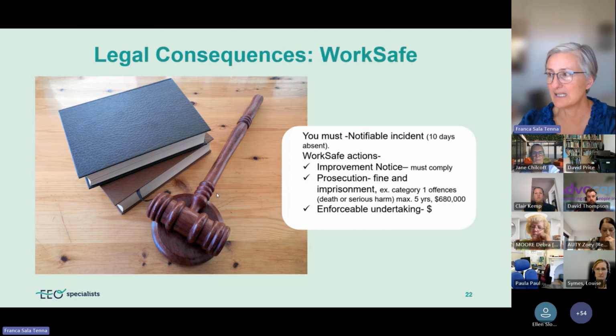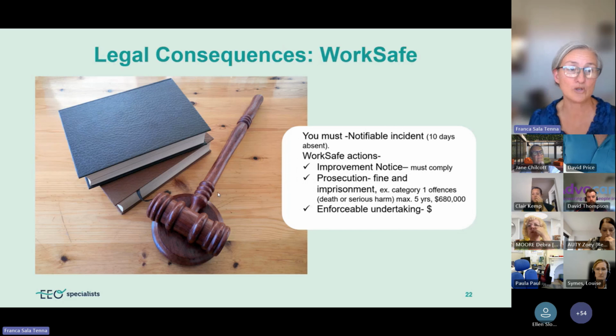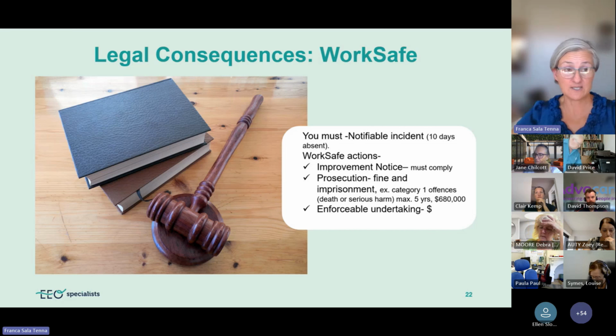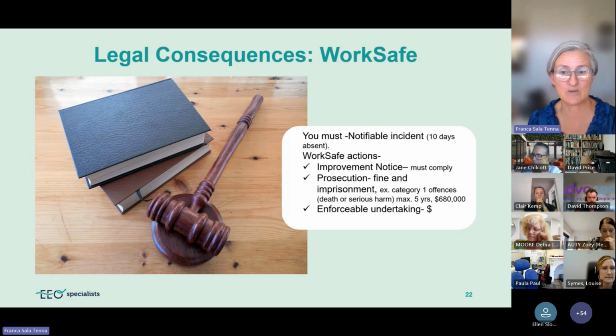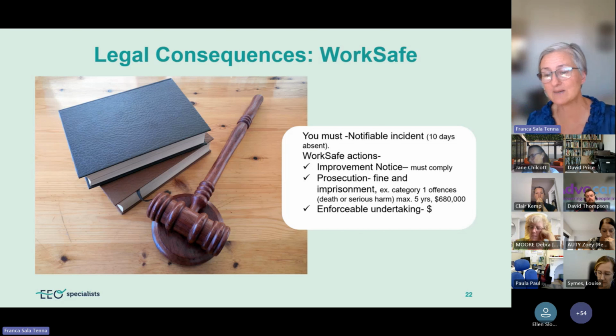Perhaps more importantly is what could happen, or what you need to be aware of. We have this term, and some of you might know it, called notifiable incident. I'm not going to go through everything that can tick off a notifiable incident. It has to do with serious risk of harm, and it's also to do with death. But where it's probably most relevant around psychosocial risks is when someone takes 10 days off after